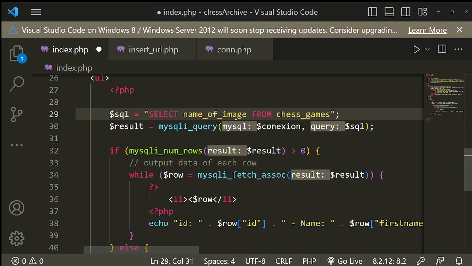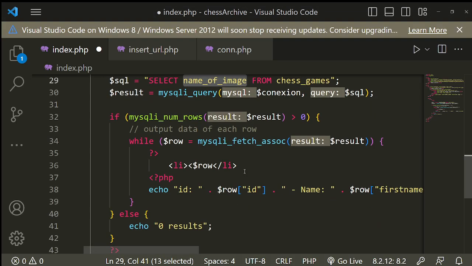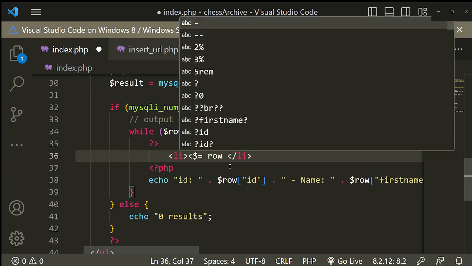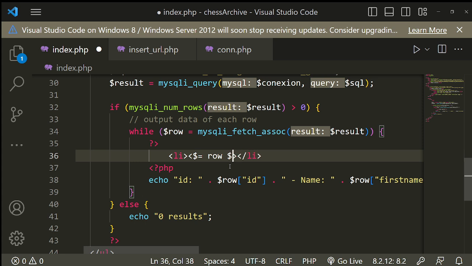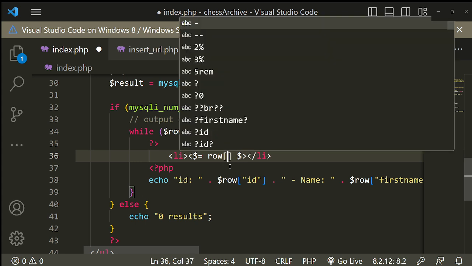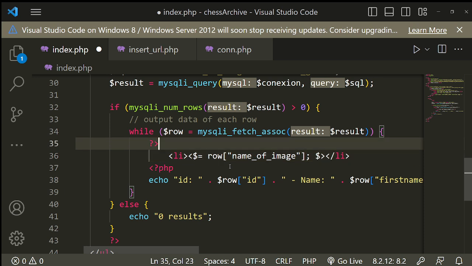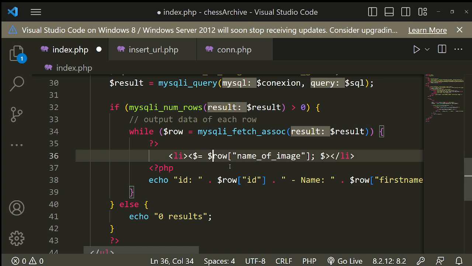And let's put the name of image that we want from the row. And believe it or not, that is everything. And let's see, row. Yes,